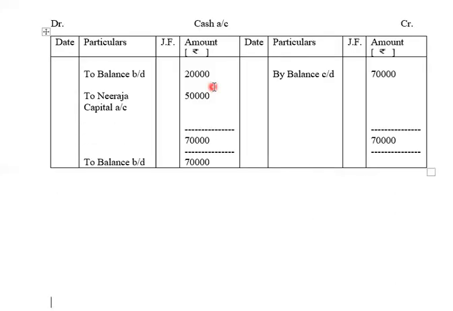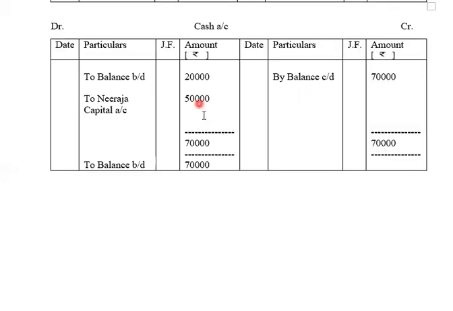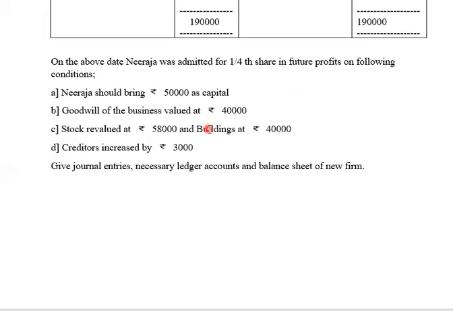न्यू पार्टनर नीरजा बिजनेस में आने से पहले पुराने पार्टनर्स वानी और सरदा के पास कितने पैसे हैं, 20,000 रुपए हैं। अब बिजनेस में नया पार्टनर कौन आ रहा है, नीरजा। नीरजा is paying ₹50,000 for capital, so it will be recorded as to Nirja capital 50,000. So earlier we used to write here as to goodwill the amount of goodwill brought in by new partner, but in this problem it is given as only goodwill is valued